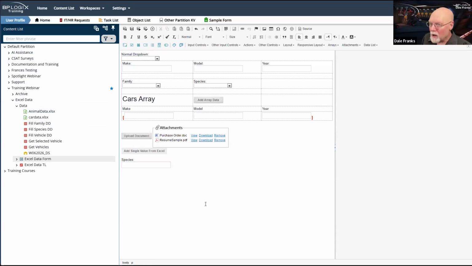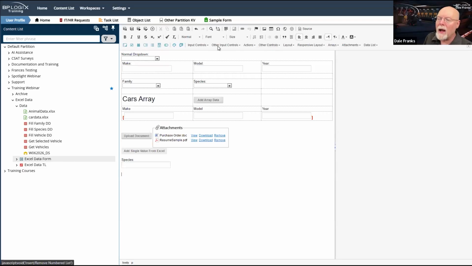So why have I done all this? Well, so far we've talked about using Excel to import into Process Director and to actually make a database in Process Director. But we can actually do something different on a form. What we're going to do is use a fill fields from Excel custom task, and we're going to grab stuff out of an Excel spreadsheet and stick it into a form field. And I can do it one of two ways. I can do it by a single field or I can do it by an array. We have 26 minutes. I'm going to try to do both of those things in the next 26 minutes.